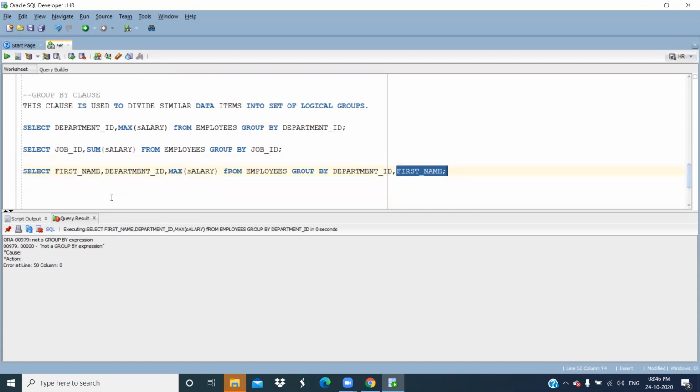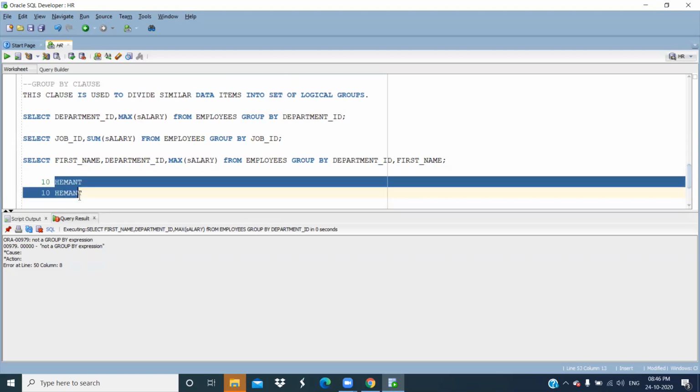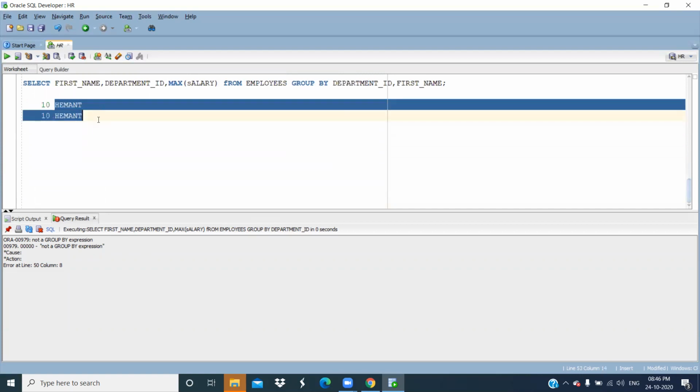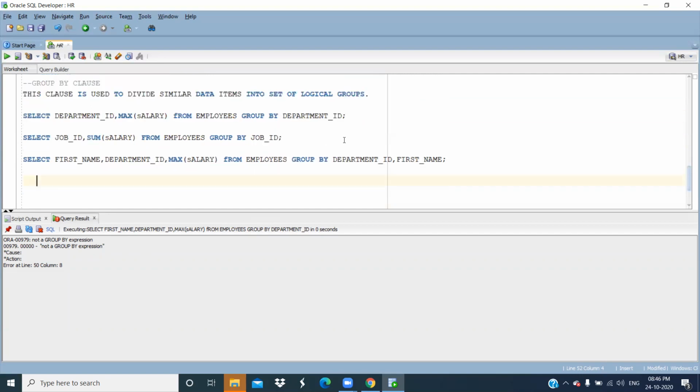Like if Hemant is there in department 10, again Hemant is there in department 10, it will be grouped into one. So don't go for that, that is a little bit complex. I will tell you how to solve all those questions during the practice sessions.